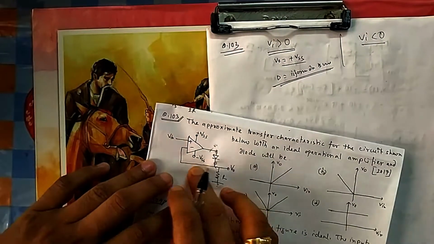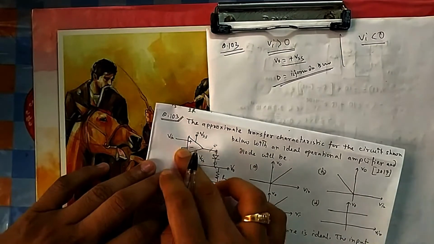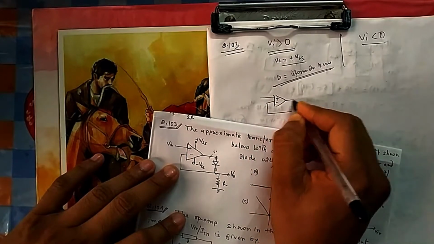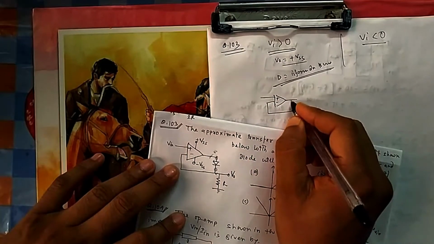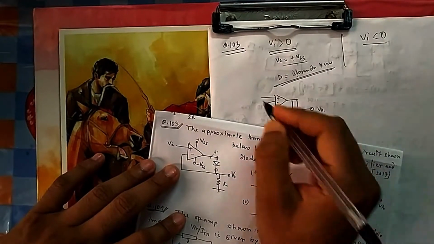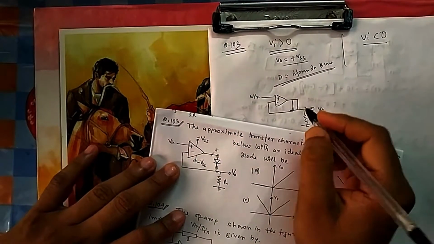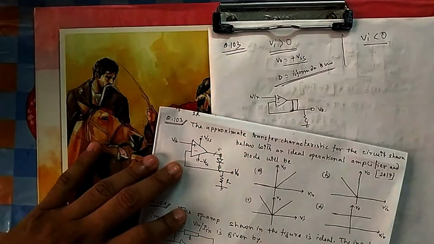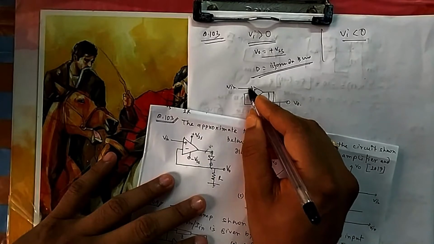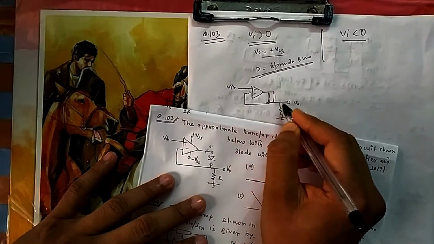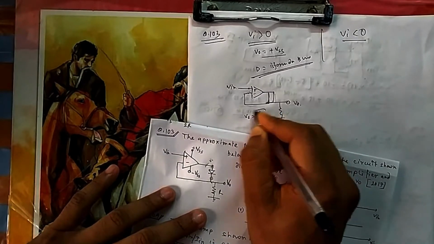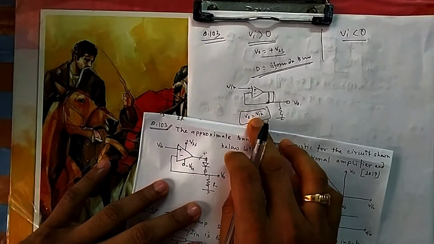It will be a feedback, this one. You see, this will be a closed path, and this is V0, this is the resistance. So you can see now, because it is negative feedback, this potential will be Vin, and this is the same potential V0, so V0 equals Vin. Once the diode gets forward biased, this is the connection, V0 equals Vin.